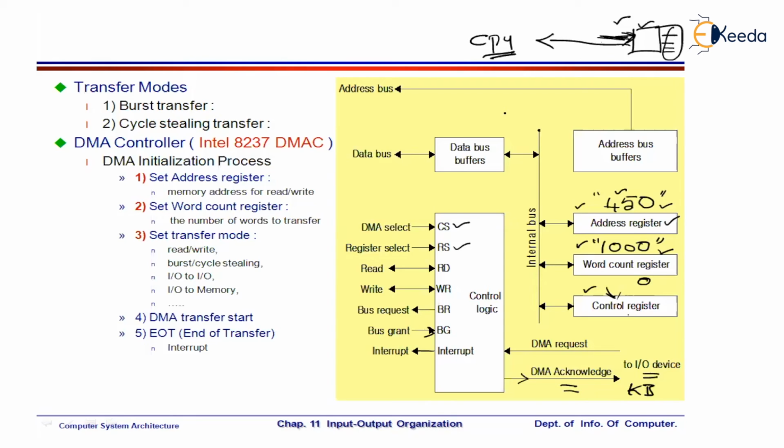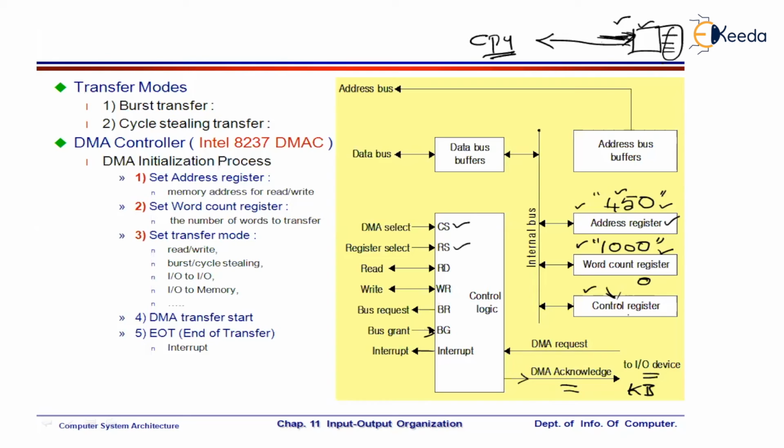As you have already seen, once these registers are loaded by the CPU, it is going to release the buses. Till when? Till the transfer gets finished, right? But still, let me give you a complete idea here. That is, the CPU can still watch the word count register. It's not that the CPU completely left this. After releasing the buses, the CPU will have to wait for an interrupt signal. Then the CPU will enable the bus system, right?